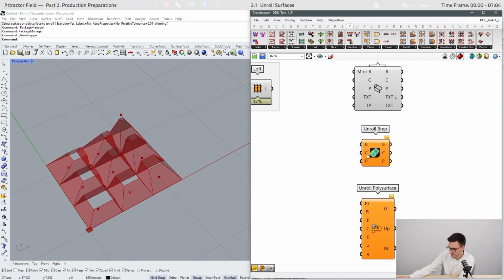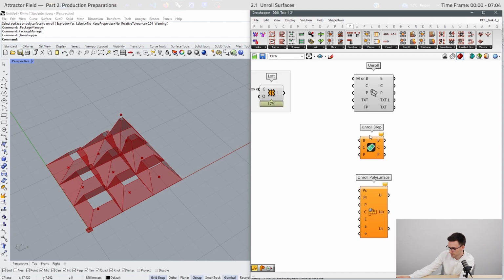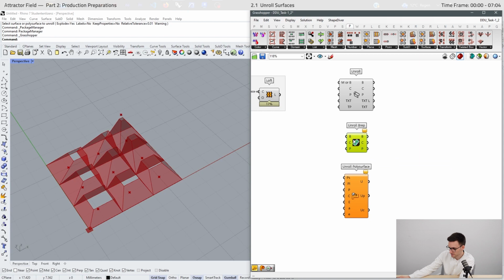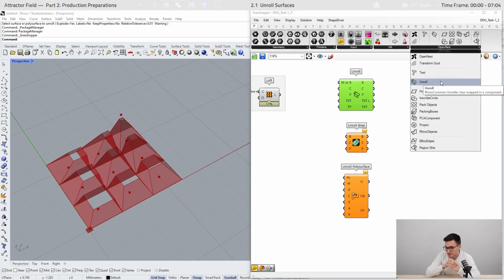Here we have the functionality that if we have curves or points on the surfaces, we can unroll them too and use them as reference points or something else. OpenNest is useful when we later want to bring the pieces together on a layout, but I have encountered a problem.